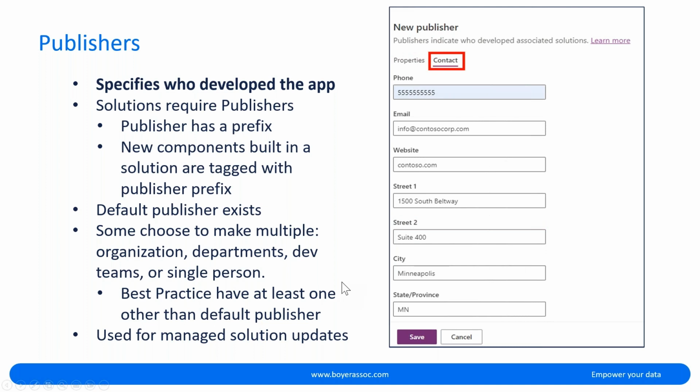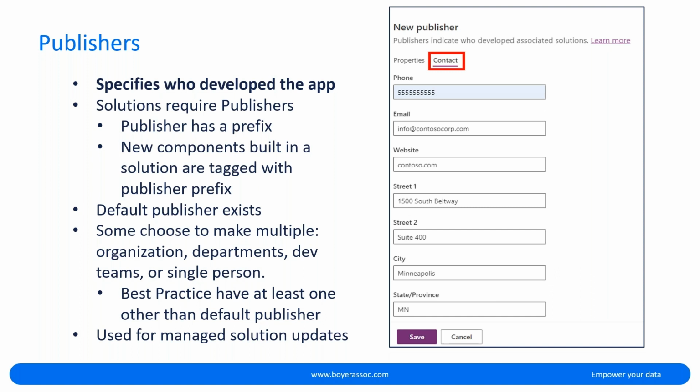And then the other thing you can do with publishers is you can add contact. And again, that just provides information as to who has been working and developing changes in that particular environment. So maybe you have multiple consultants working, or over the years you have had different people come in and out and doing different things with it.